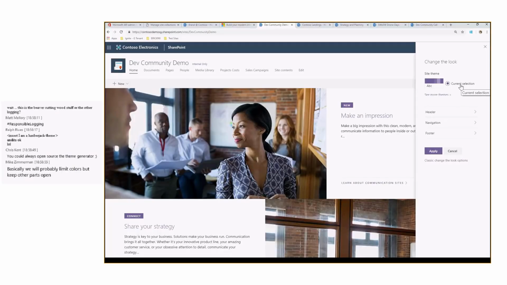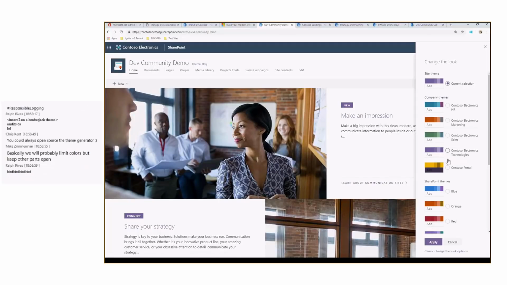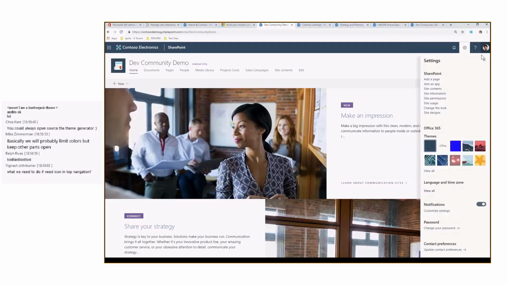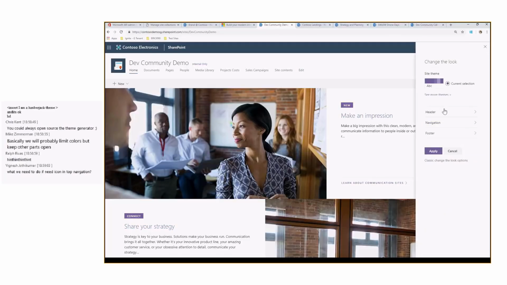You'll see that I applied a custom theme here, and that custom theme is actually this Contoso Electronic Technologies. As some of you may know, when you create and upload company themes, they are not customizable. So you'll notice here that if I click it, there is no customize option like there is with the SharePoint themes. One of the things that we're going to be doing is providing you with an admin switch. And that admin switch is going to